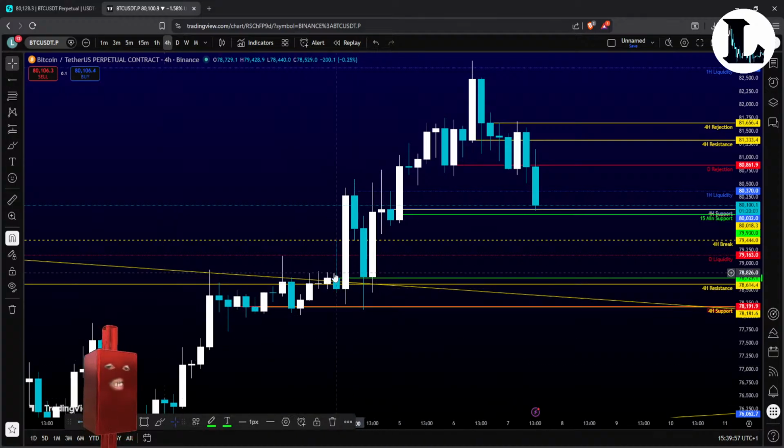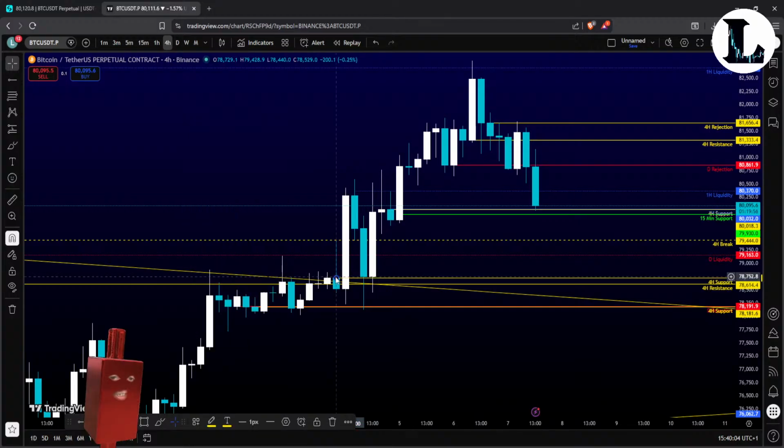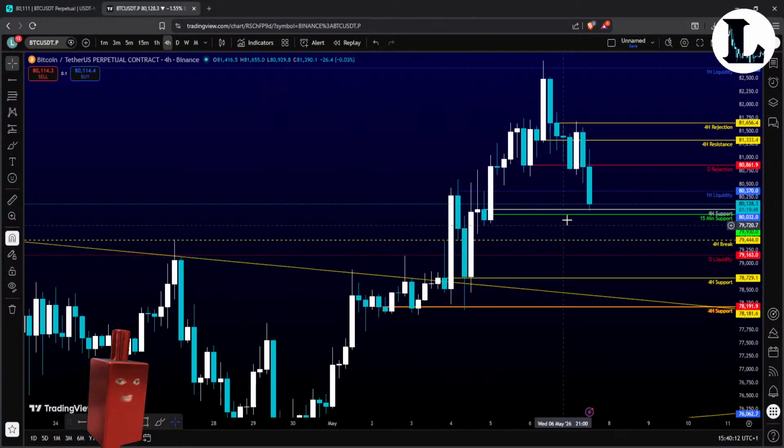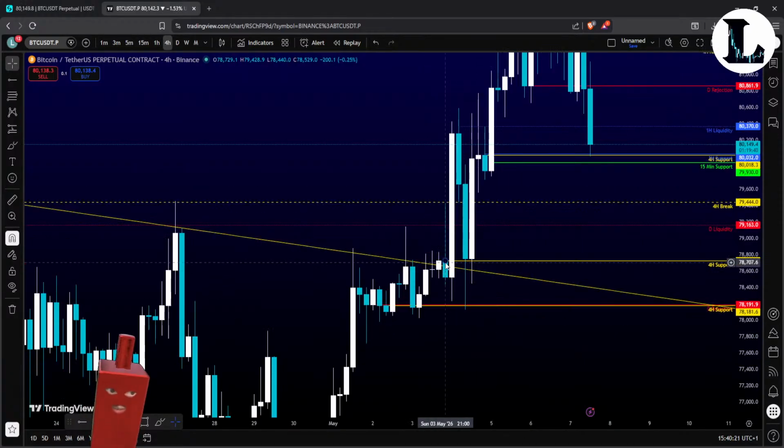Okay, we probably have a 4-hour reverse as a support. Okay, 4-hour support here that I think might hold the price if we eventually go here. As you can see, we are having a little reaction, at least for now, on that 4 and 1 hour. So this is probably as low as I want to go if we want the price to keep moving up.